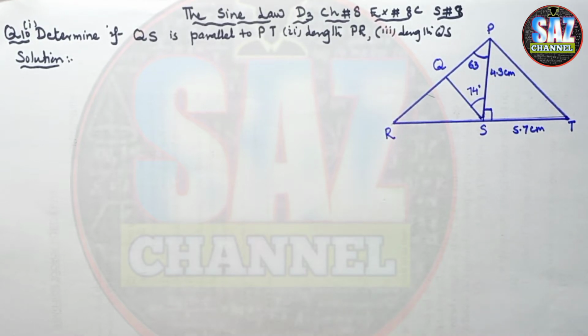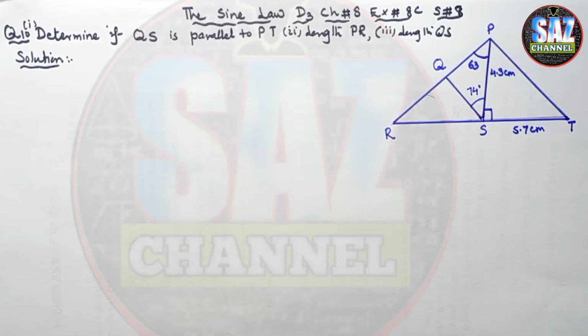This is my 8th lesson of D3, chapter number 8, exercise 8C, that is about the sine law. What is sine law? How and when to apply sine law? And what are the unknowns of triangle? And how to find unknown lengths and angles of triangle when the triangle is a right angle triangle and the triangle is oblique triangle. Before going to this lesson, you should have the clear answers of these questions because lessons of mathematics requires continuous practice and integration of the lesson with the previous lesson.